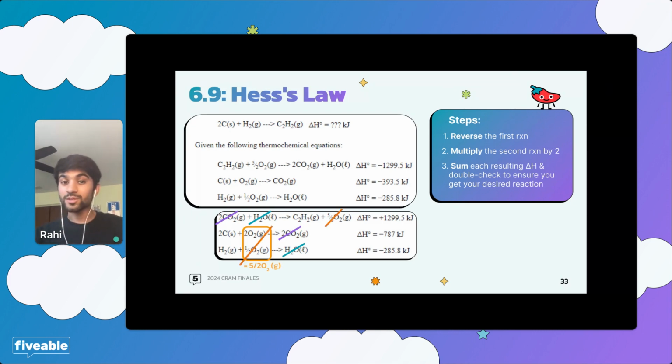So those cancel, which is good because we have 5/2 O2s as a product on the first reaction. And then overall, we have 5/2 O2s as the reactants in reactions 2 and 3, right? So they cancel. Okay, so that means what happened? Now we add completely down, right? Now what didn't cancel? 2 carbon, solid, 1 H2 gas, and that's all for the reactant side. And on the product side, we have 1 C2H2 gas and nothing else, right? And is that the same as our initial equation? Yes, it is.